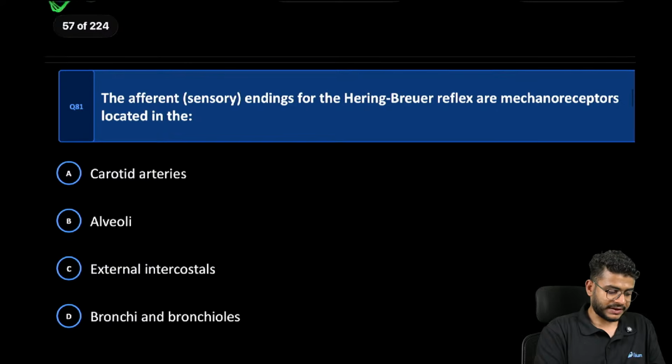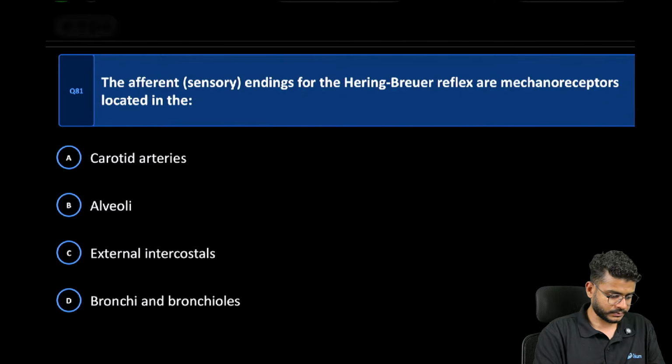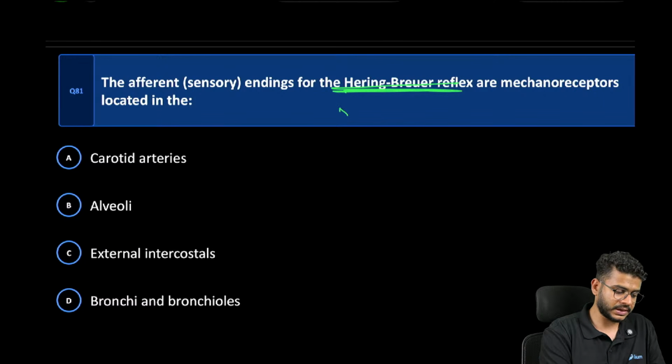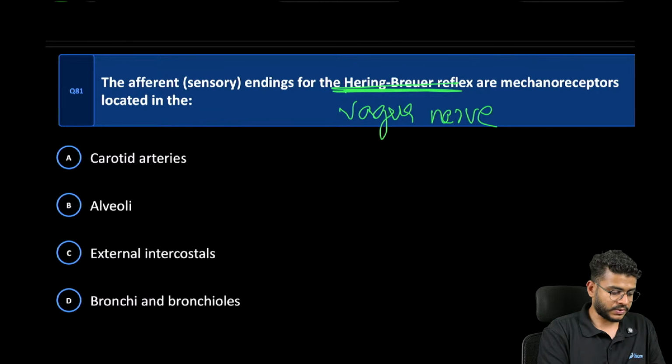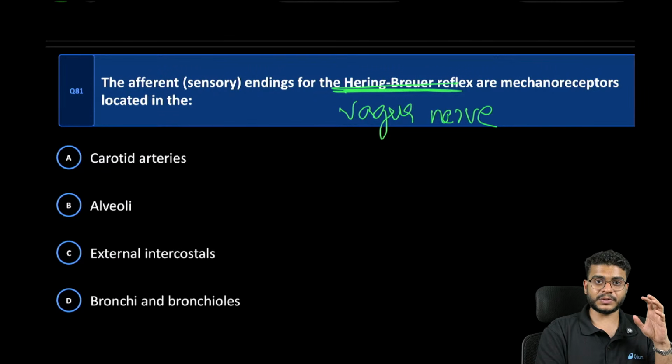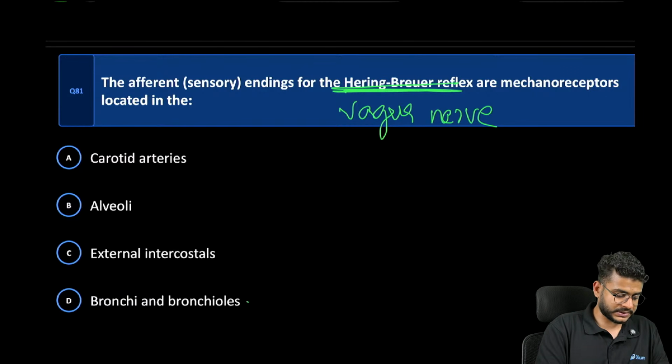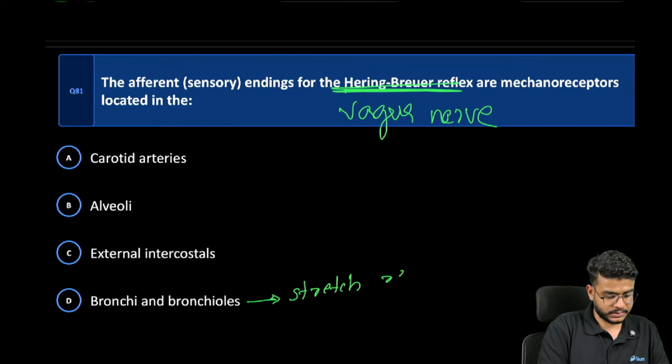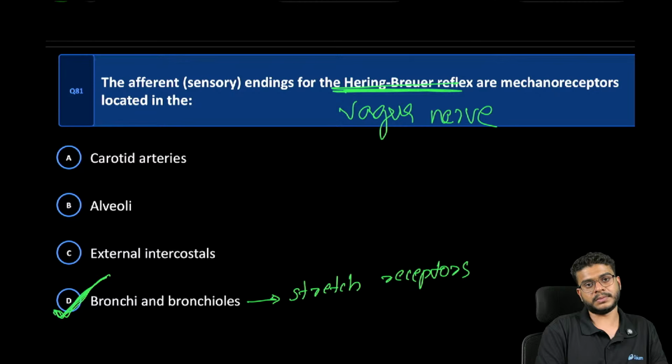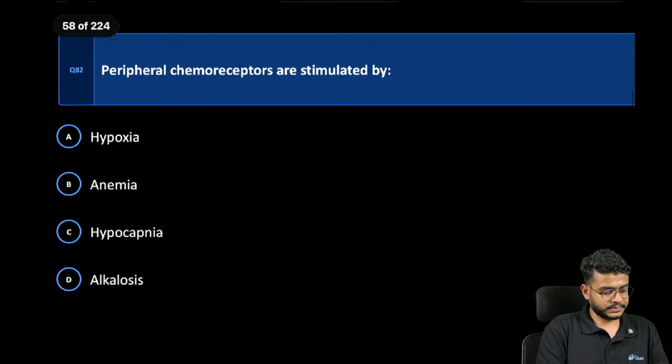the next question. The afferent sensory endings of the Hering-Breuer reflex, which is nothing but the vagus nerve. Okay, are mechanoreceptors located in the, as I told you, the vagus nerve has mechanoreceptors at the stretch receptors of the bronchi and bronchioles. Okay, stretch receptors of the bronchi and bronchioles. The next question. Okay,